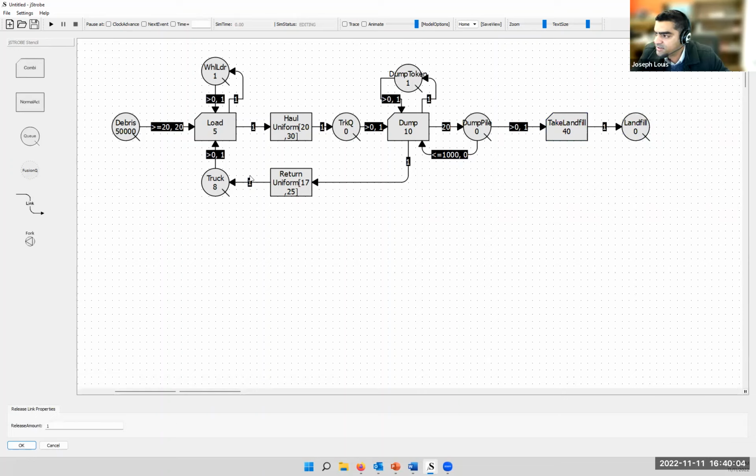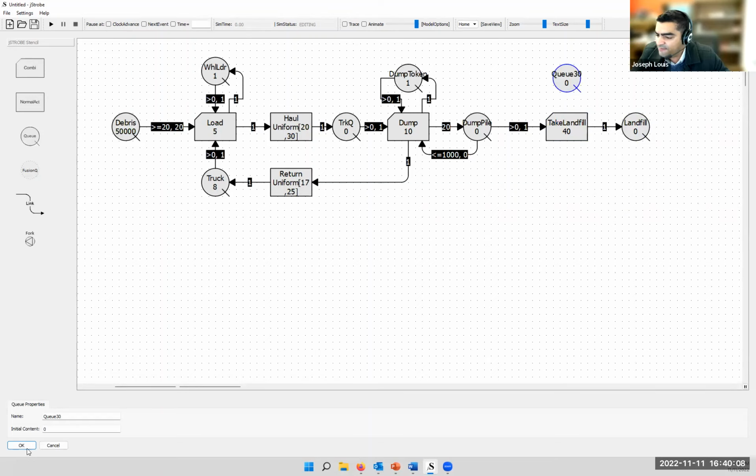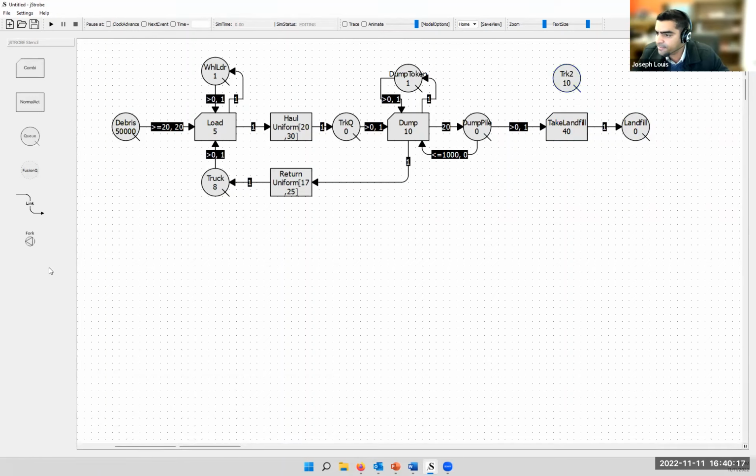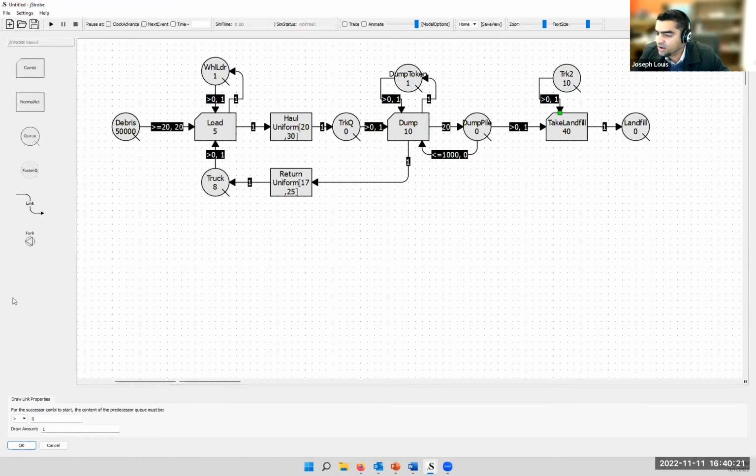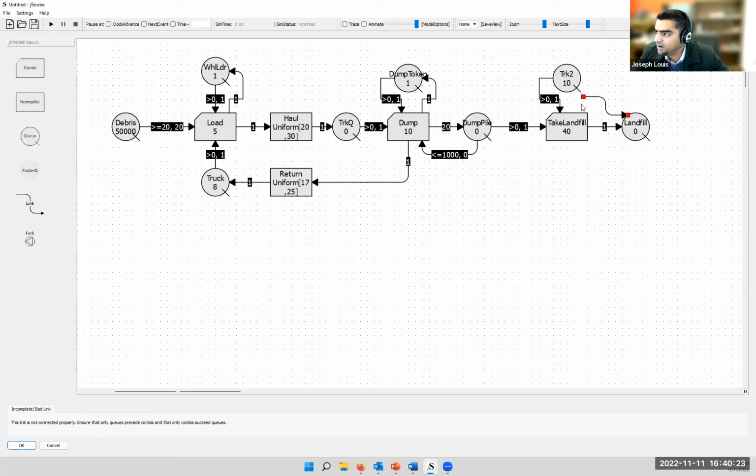So I'm just going to do this, and we need trucks for this. So I'm being very simplistic here, and I'm going to have another type of truck. Let's say I have 10 trucks that are constantly doing this thing. And all of a sudden, you can start to see that you're going to start to have multiple